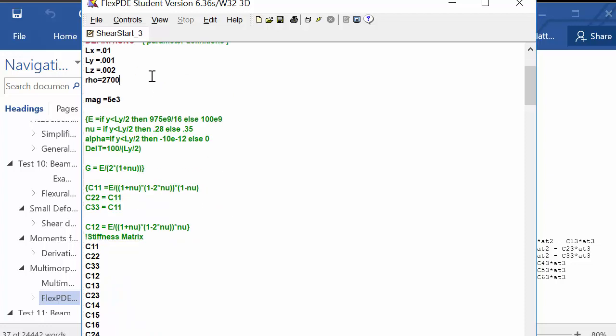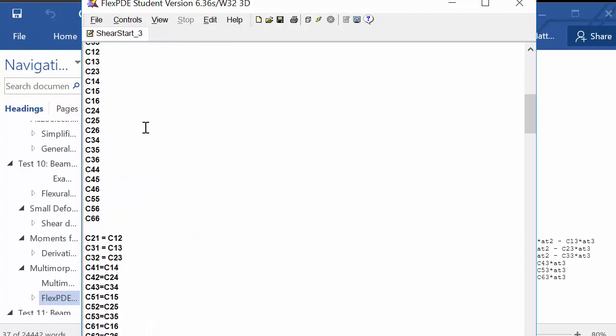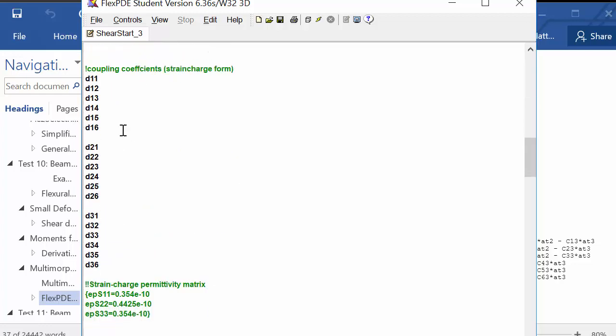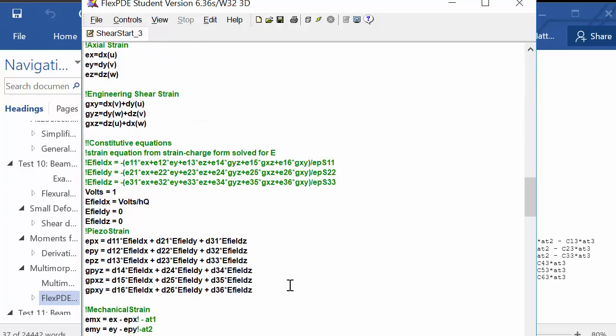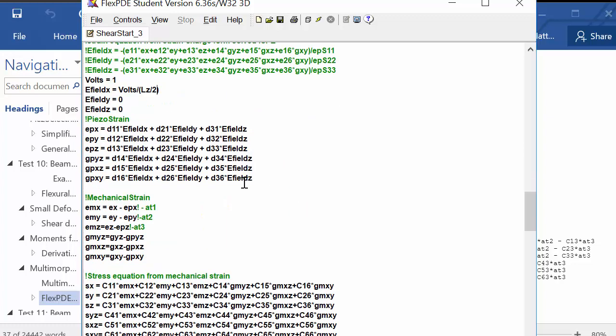It would actually show up for the density and all that if we were going to be using density anywhere. So it shows up for the stiffness matrix components and the piezoelectric components there. And the E field X is volts over the thickness of the quartz layer. So let's just call that LZ over 2, because we're going to be really stacking in Z here. Okay. So that would be the field in the,